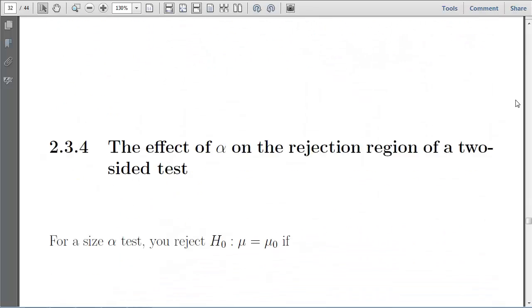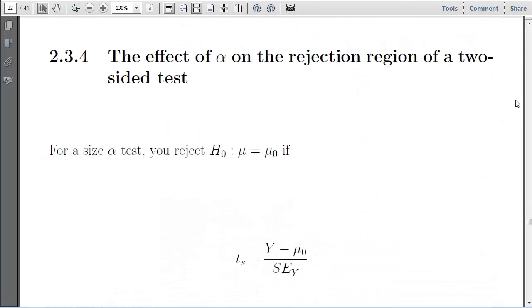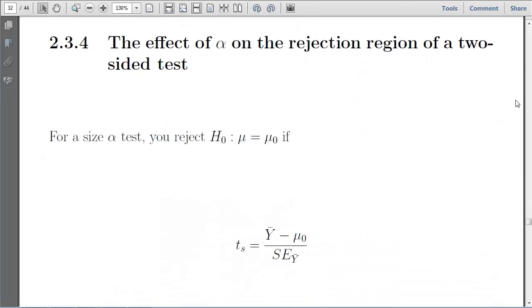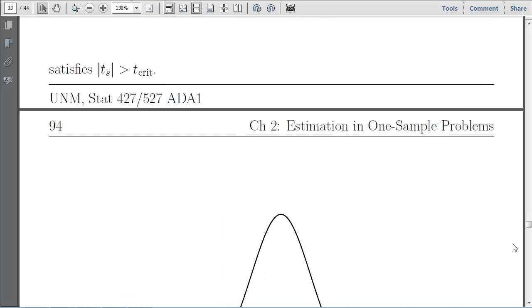I suggest that you read through that. I'm going to skim through this. I recommend that you read it. The basic idea is, what's the effect of alpha on the rejection region of a two-sample test? So basically, if alpha gets small, so from 0.05, if you decrease it, say, to 0.01, the rejection region is going to be 0.01 big, so it's going to be small. And if I page on down,